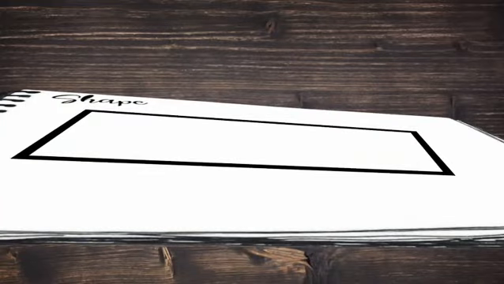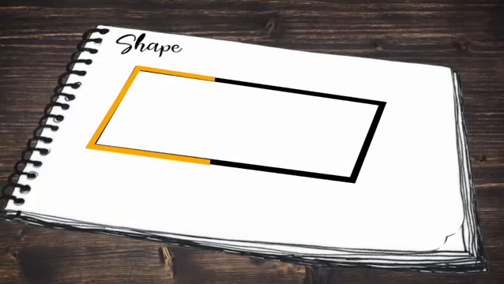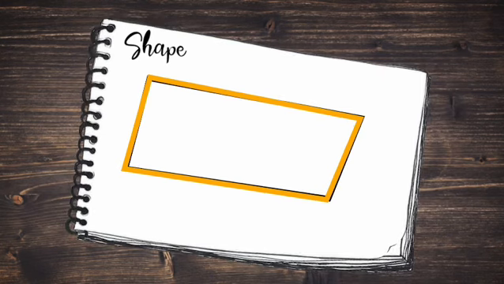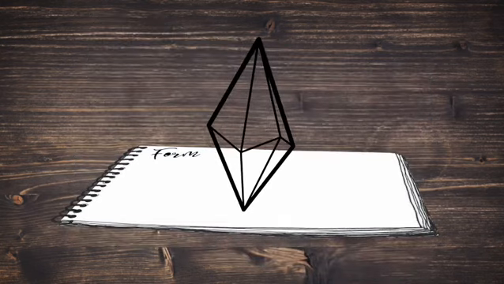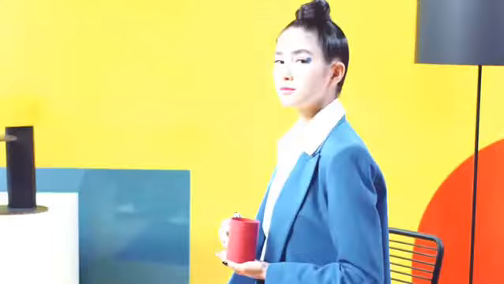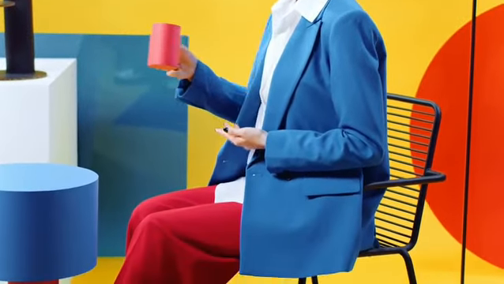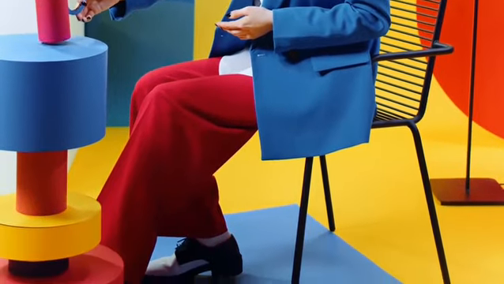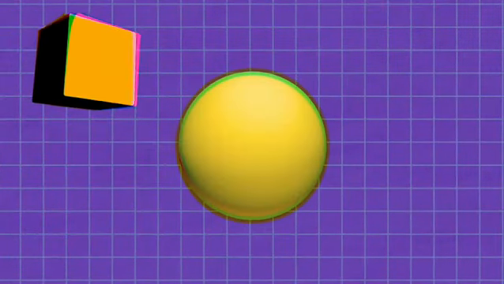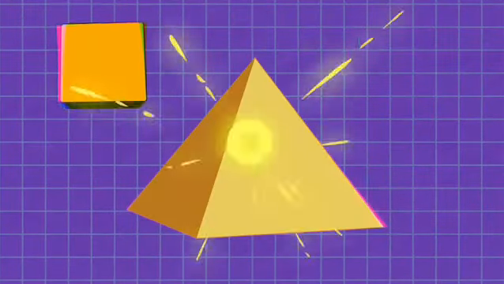Shape is a flat, limited 2-dimensional space surrounded by an outline, while form is just a 3-dimensional shape. Any kind of shape has a height and a width. In other words, form is any kind of shape combined with depth. Take for example a square, add depth and you get a cubic form. Following this logic, a circle becomes a sphere, a triangle becomes a pyramid or a cone, and a rectangle can